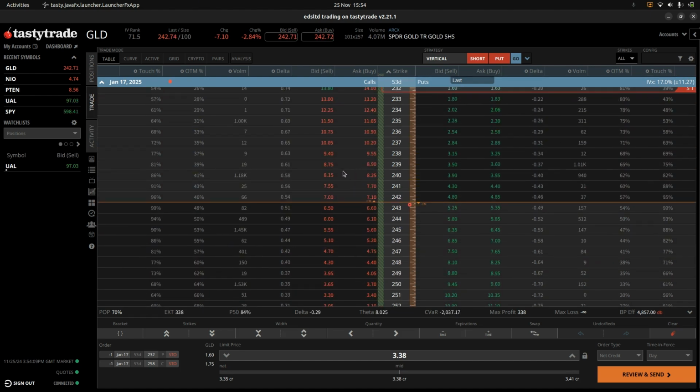And as it currently stands, the numbers for this position are as follows. We've got a max profit, or the premium that we collect up front, of $338, and our broker is going to require just under $5,000 in buying power. So a less than normal, dare I say the word normal, but less than normal compared to what we've been looking at previously in previous positions, less than normal return on capital. However, it is GLD,